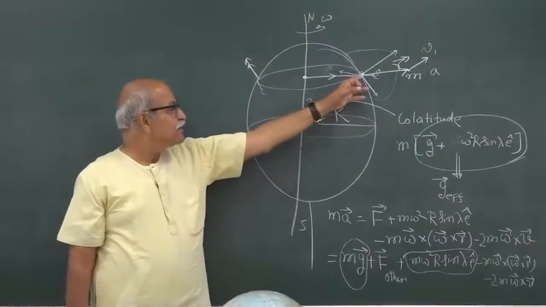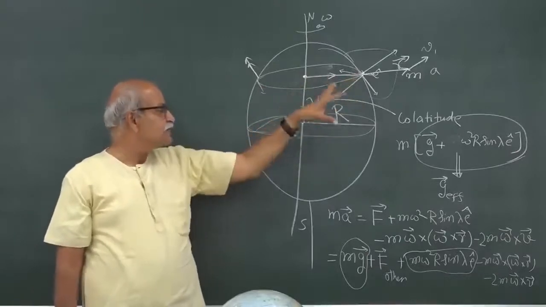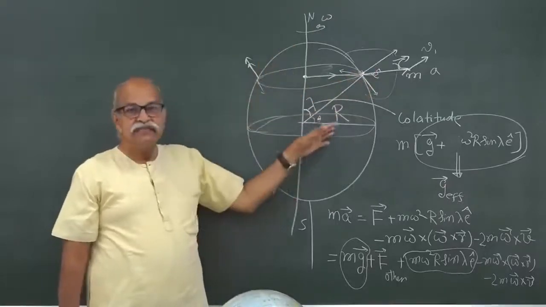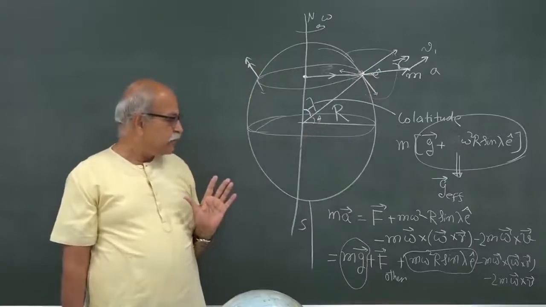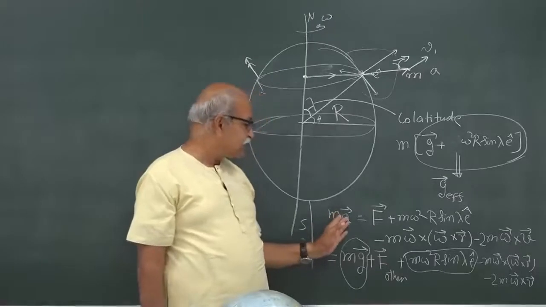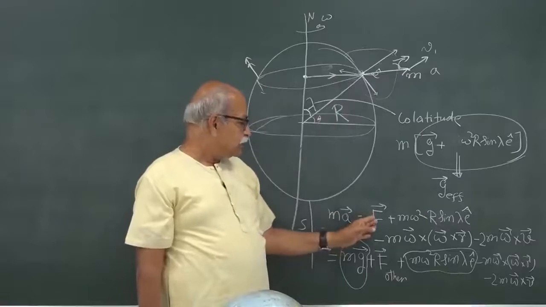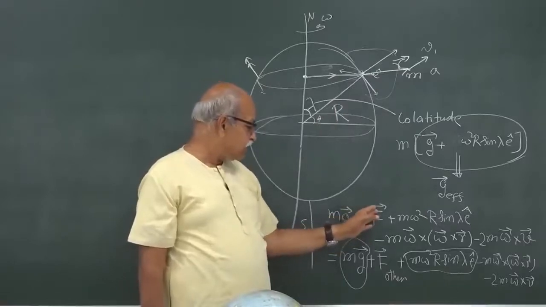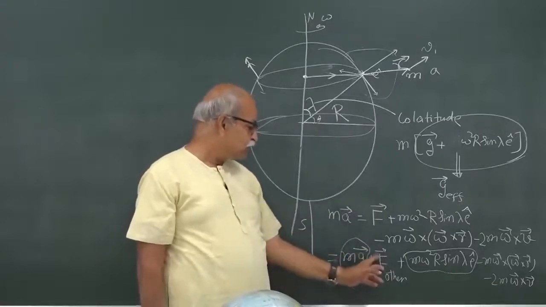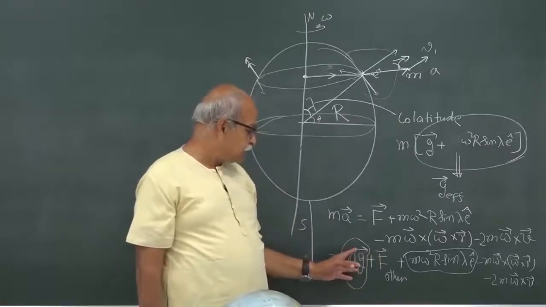At the same time, the origin is going in a circle, because the origin is also fixed on the earth. The entire earth is rotating, x, y, z, everything rotates about that same axis, and then we set up our equations. And we found finally that we have this equation: mass times acceleration as measured from our frame is any applied force which is there, which we can write again as the gravitational force mg and other forces, because most of the time we will be working with this force alone.